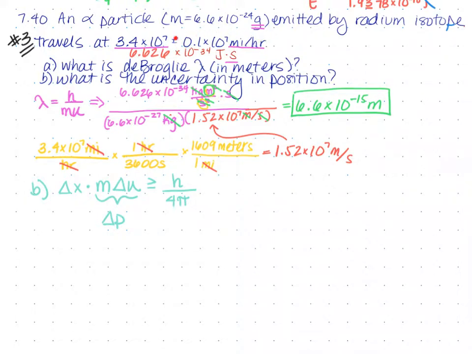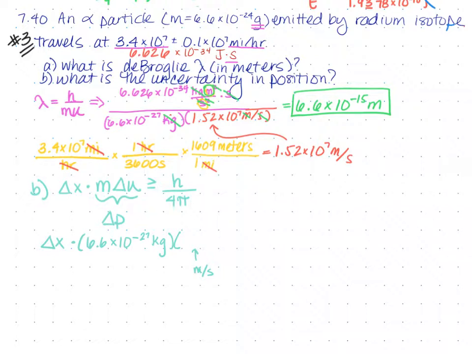So that is essentially what your uncertainty in speed is. In order to calculate delta x, I have to plug in all these other values, which is my mass. So I'm going to do 6.6 times 10 to the negative 27 kilograms, keeping it in kilograms, times the uncertainty in speed. I'm going to use the value in meters per second though. I need meters per second here